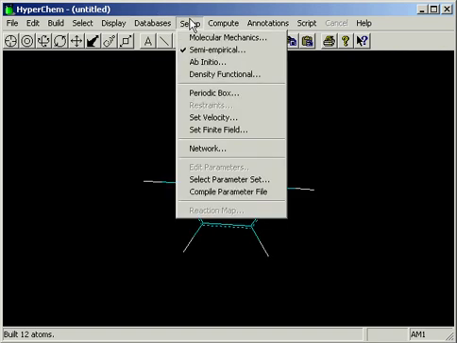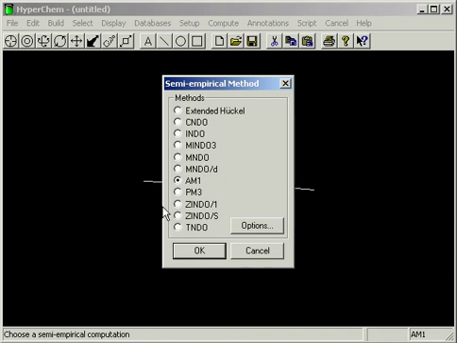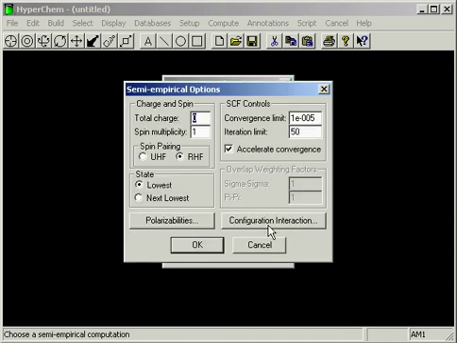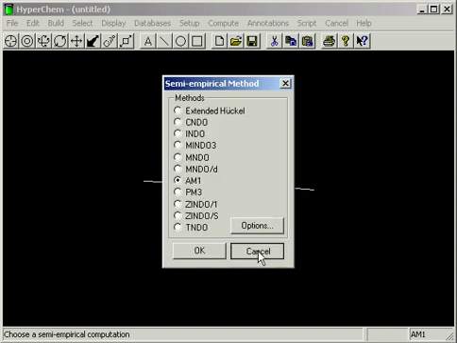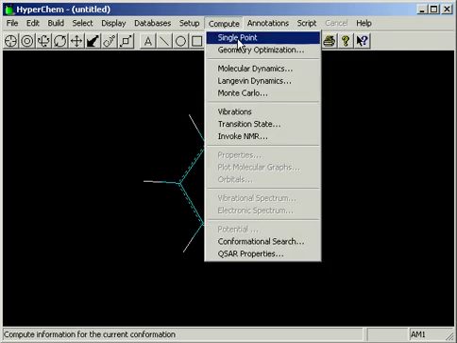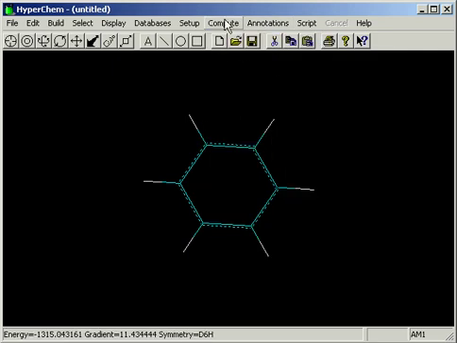We need a method. Let's choose a semi-empirical method for speed. We can use ab initio or density functional, but let's use AM1 here. The options that we want are configuration interaction. That's going to give us our excited states and our spectra. But first of all, let's look at the orbitals of the ground state, so we do a calculation and